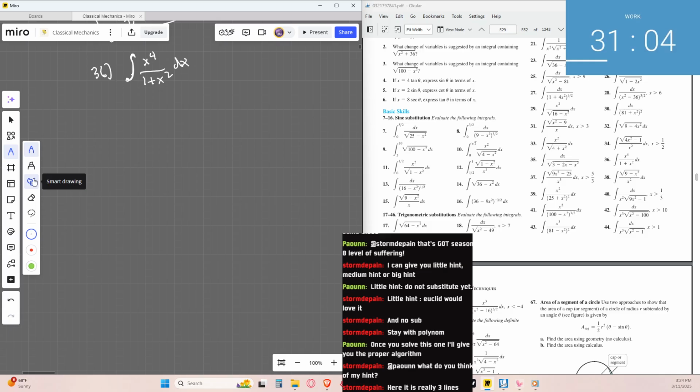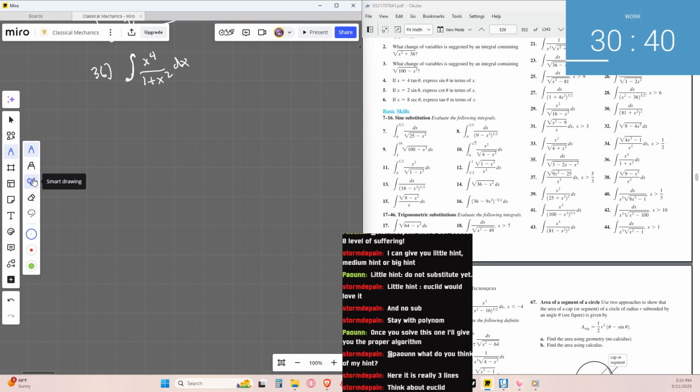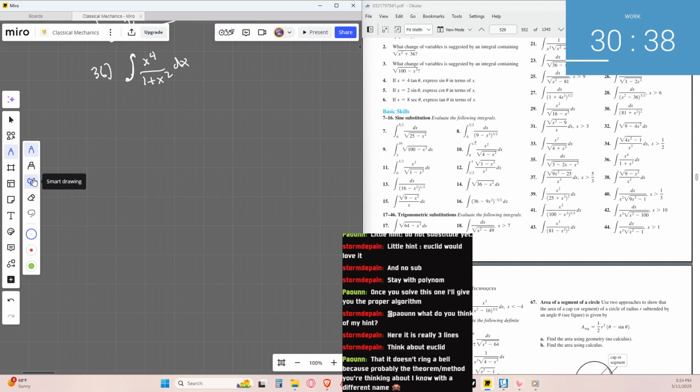Here it is really 3 lines. 3 lines. Because I don't think I can keep it in its polynomial form, unless I have to reduce it. Think about